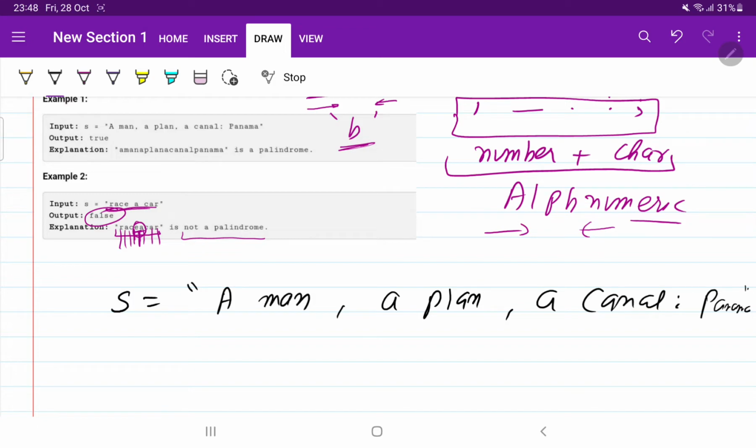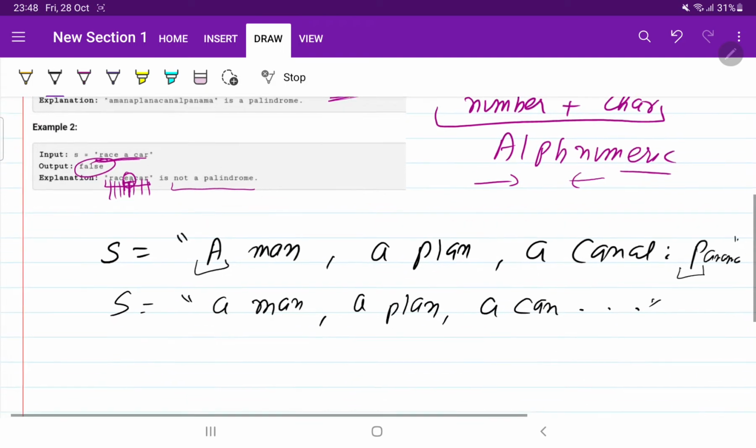What is the first thing that clicks in your mind? Let us convert all the capital letters into small letters. So it will become like this: a man, comma, a plan, a canal, and so on, everything will be small letters. How can we do this?